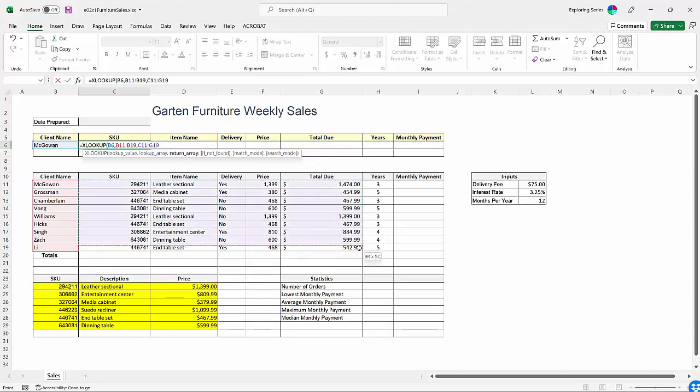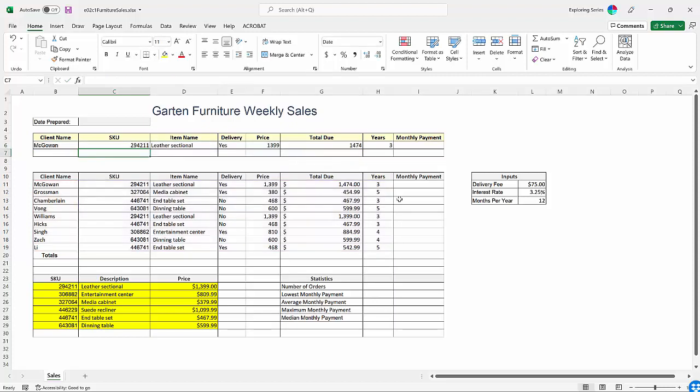I can go all the way over to here. And as long as you've got this structured correctly for your return values, let's just do item not found. And we'll do an exact match. As long as you have space up at the top, it will return all of these things combined,